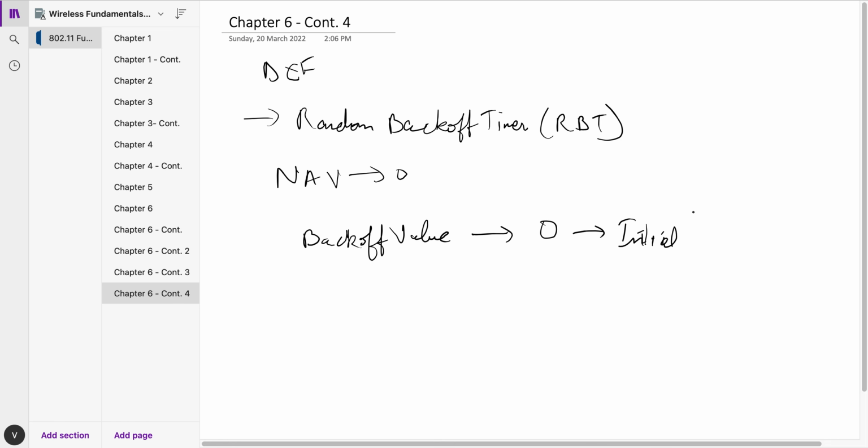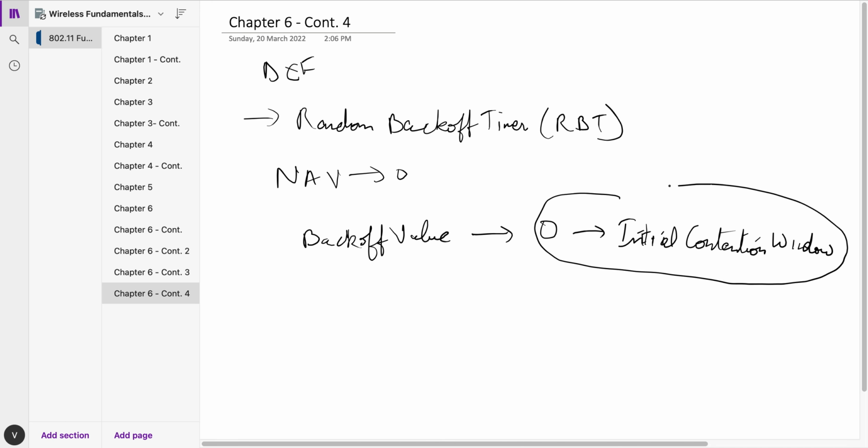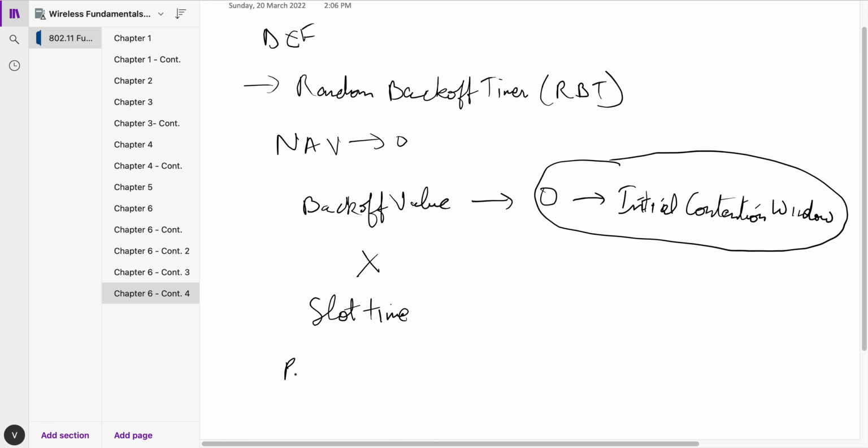What that is, it is out of the scope of this particular course, but what you need to know is that the initial contention window will be different for all the clients. This Backoff value will then be multiplied by a slot time. This slot time is the period of time that is different for different spread spectrum technologies. So the resultant that comes out is the random Backoff timer, which is safe to say is different